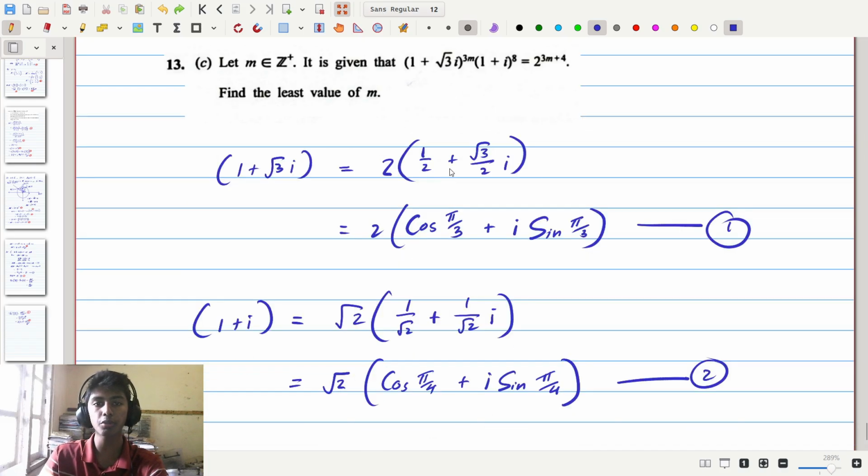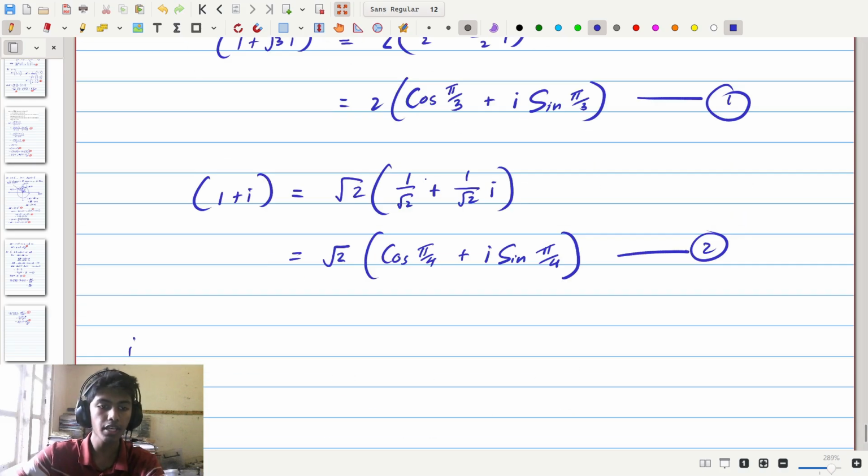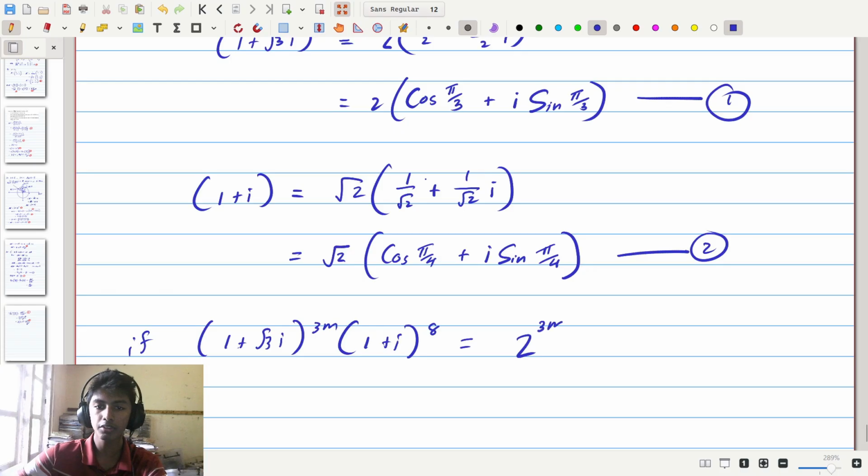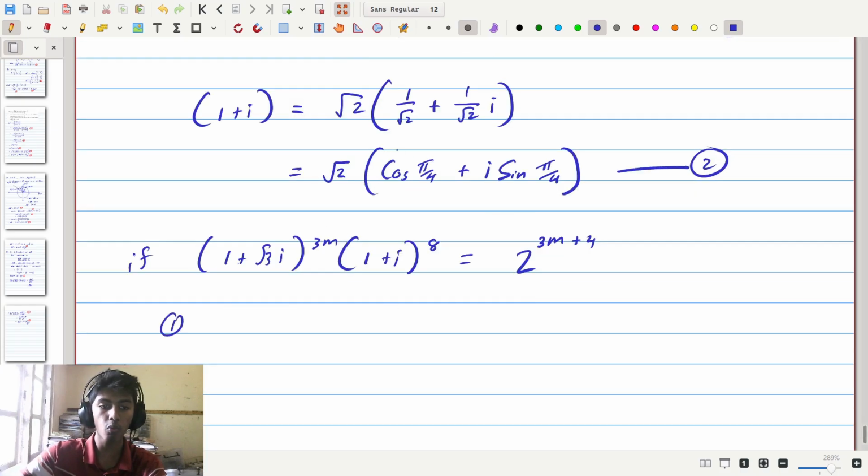So if we substitute those into here, we can see that (1 plus the square root of 3 times i) to the power of 3m times (1 plus i) to the power of 8 is equal to 2 to the power of 3m plus 4. Then, substituting 1 and 2, we get that